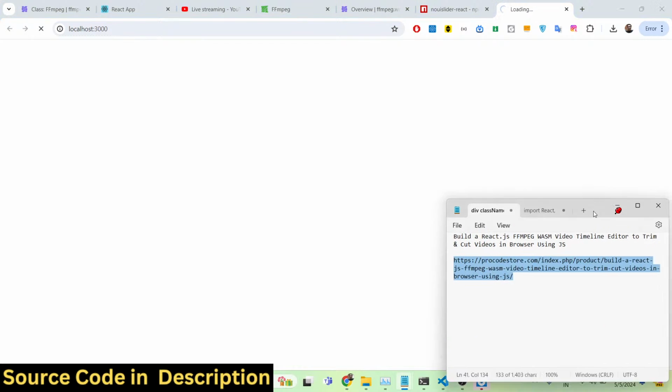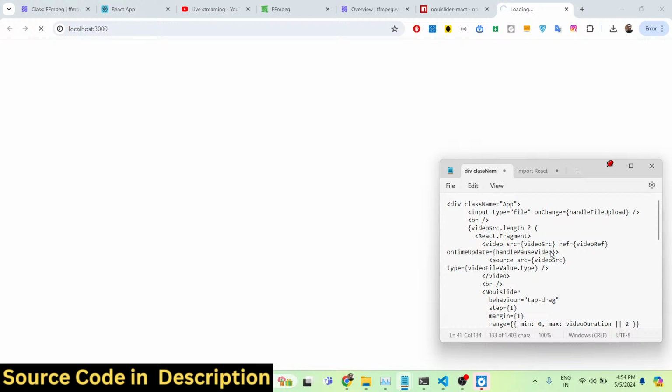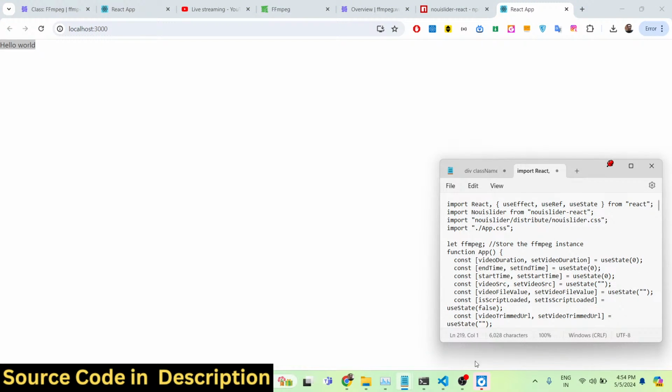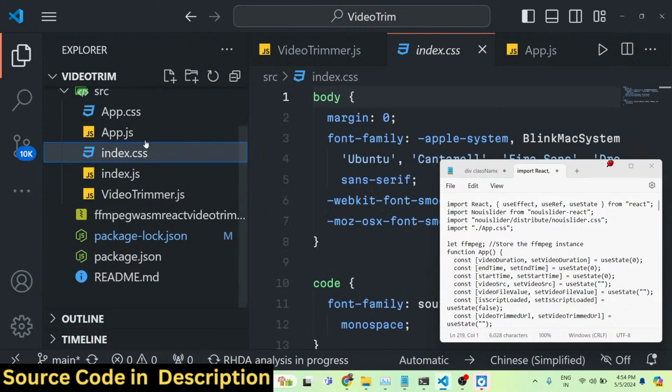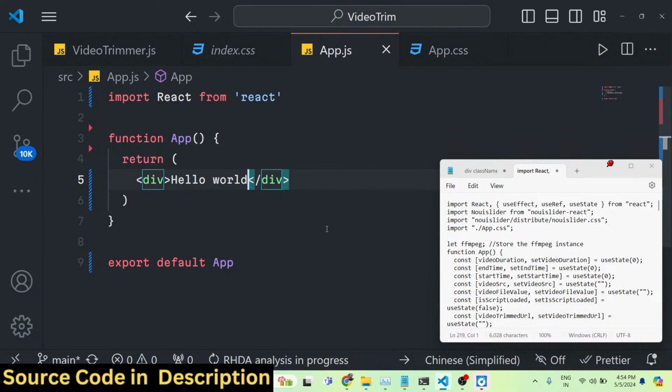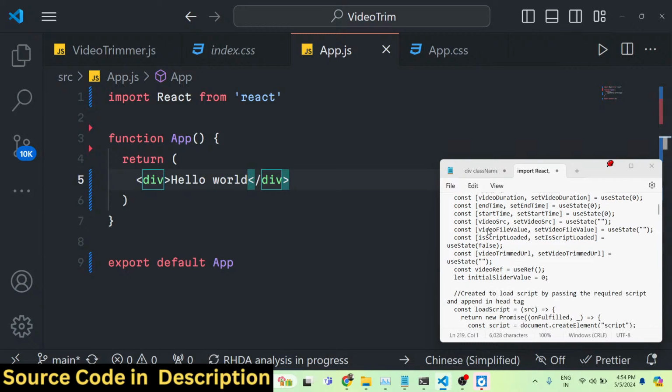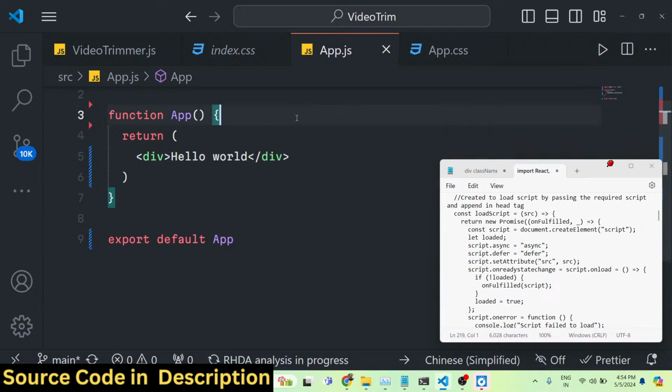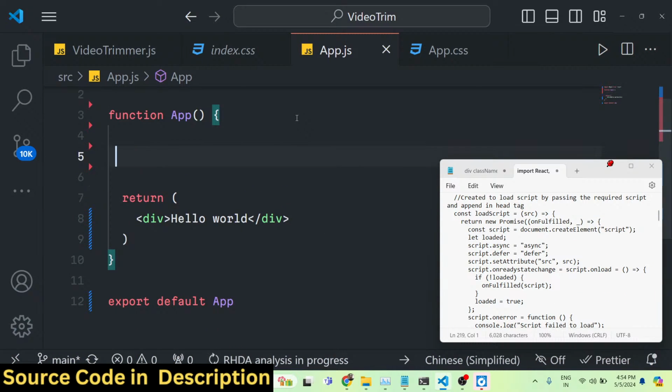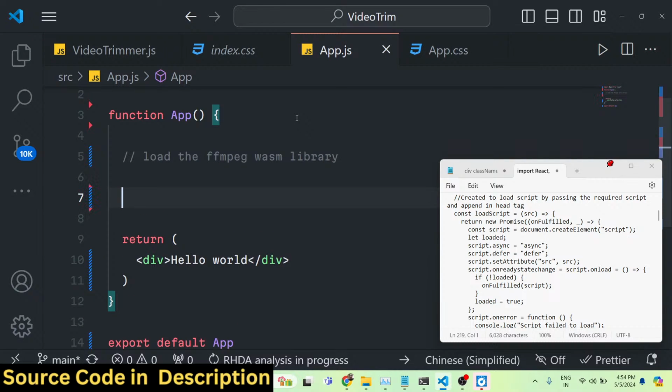So the very first thing, guys, we will do right here. We will now see this hello world is showing to us. Now we go to app.js. This is the single file which will be needed for this application. First of all, I will show you how to load the FFmpeg WebAssembly library. This is the actual library that we are using for carrying out the conversion for video trimming